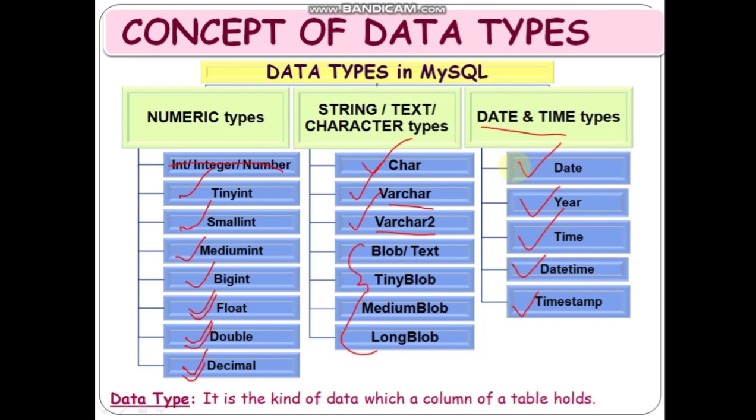Now for example, we can say like December 30th 1981. So what you will write? You will write it as 1981 hyphen 12 hyphen 30. So this is the way you write date. And year stores a year in a 2-digit or a 4-digit format. Time is there, which stores time in HHMMSS format, hour, minute and second.